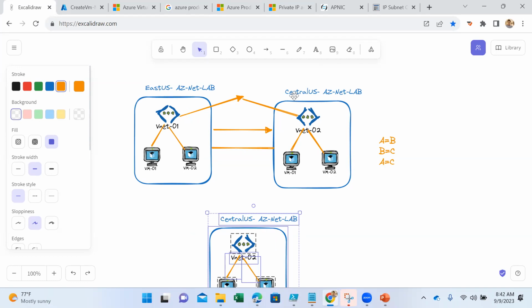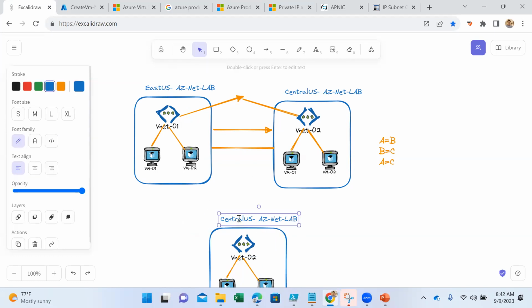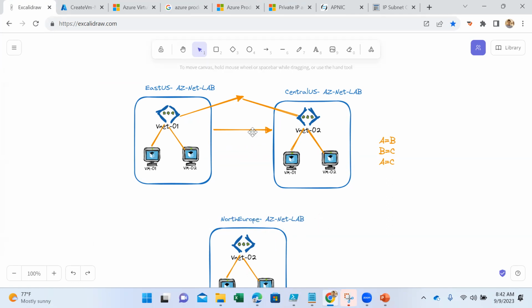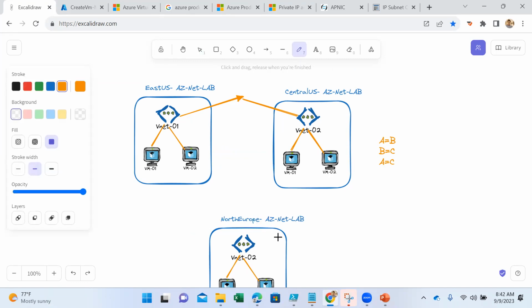And this is East US, this is Central US, and let's make it North Europe. So you have three different regions. These two are able to communicate by default. So now if you want to communicate these virtual machines to Central US, of course, you will be setting up